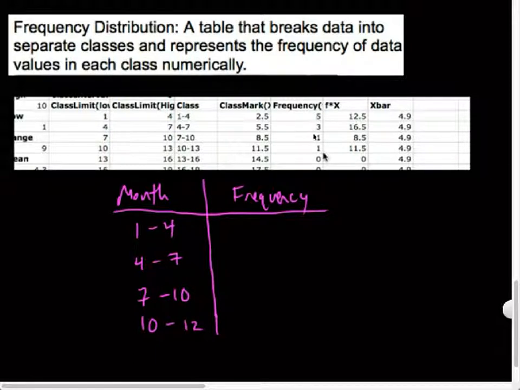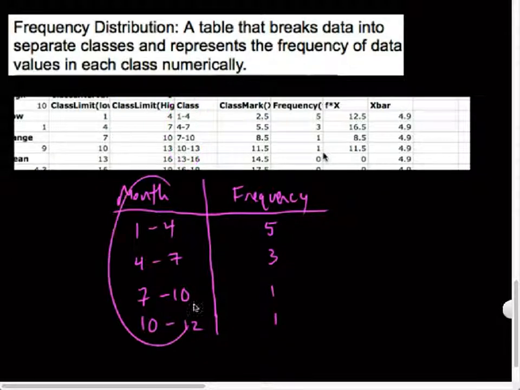So guys, check this out. The frequency, the number of people that were born in months 1 through 4 was 5. The number of people born in months 4 through 7 was 3. The number of people born in months 7 to 10 was 1, and 10 to 12 was 1. Now,